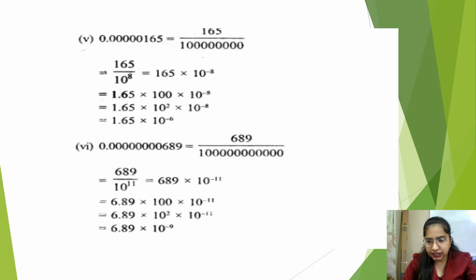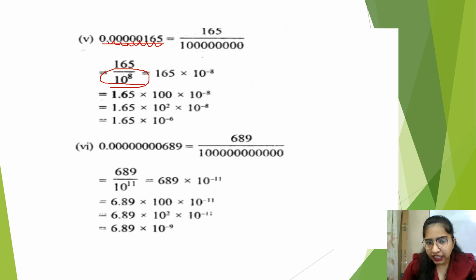First of all, the first is easy, you can try, okay? See, here the point is after 0, but we want to shift the point after one digit, right? If you want to shift the point right side, how many digits do you want to shift? See, point is here. How many digits will you shift in this? 1, 2, 3, 4, 5, 6, 7, 8. You have to shift 8 digits. Now you are shifting right side, so you have to divide it by 10 raised to power 8. Why do you have to divide? Because you are shifting right side. When you shift left side, then you have to multiply.